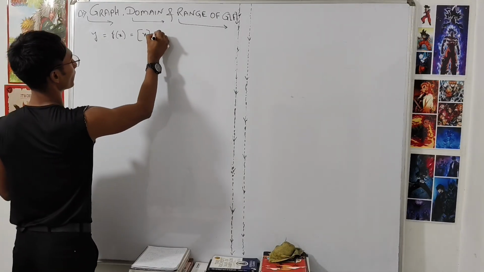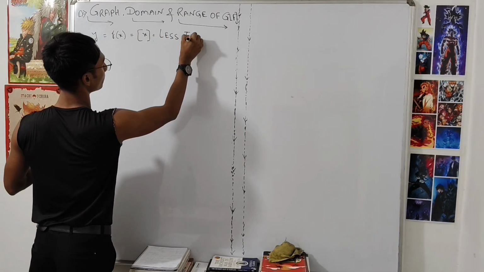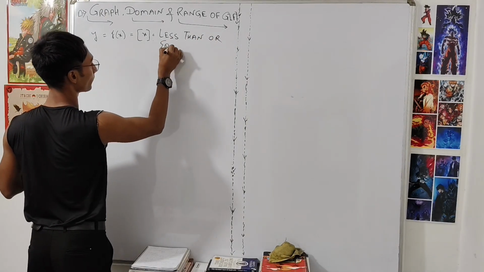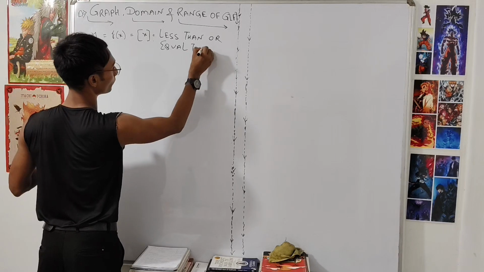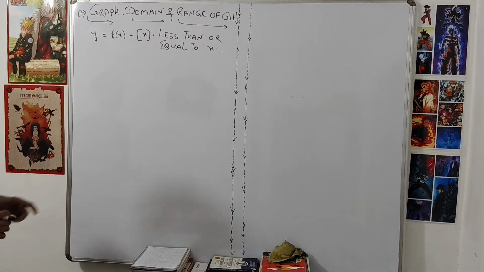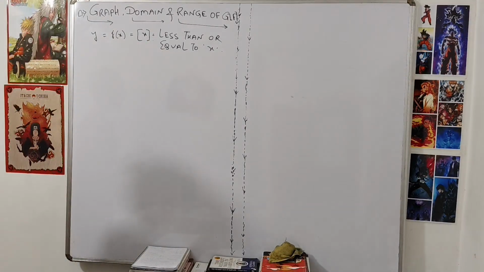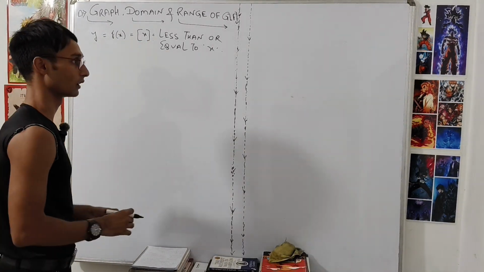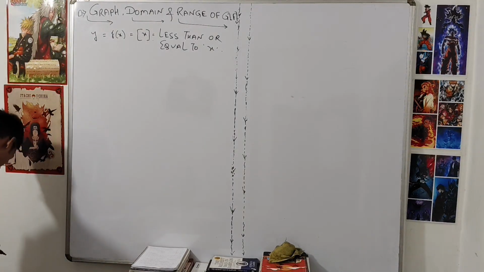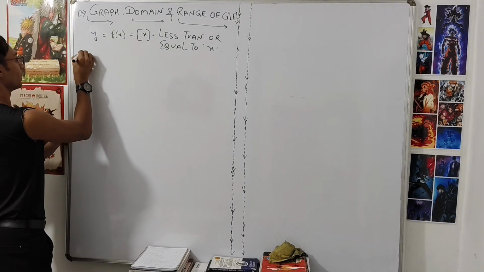It's less than or equal to x. If x is an integer, then it will produce the same, that's equal. And if x is 5.2 or any fraction value like 3.2, then it will produce 3, less than that x. Now if you talk about the domain,